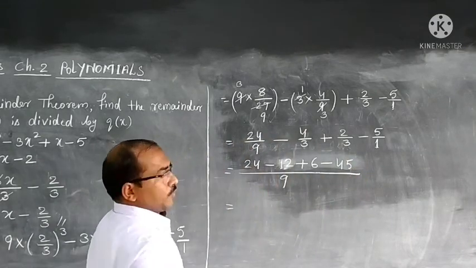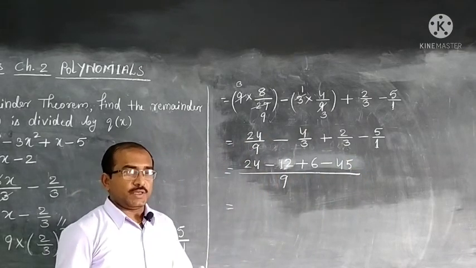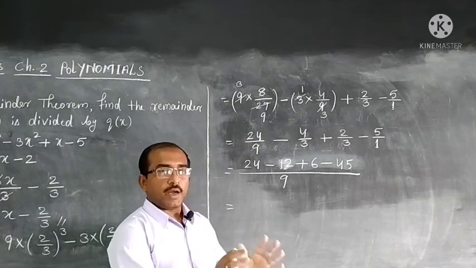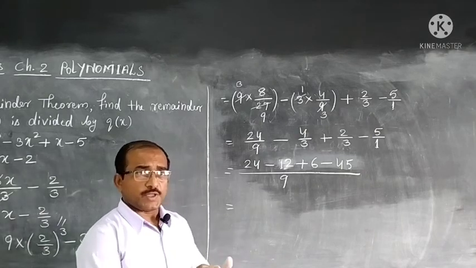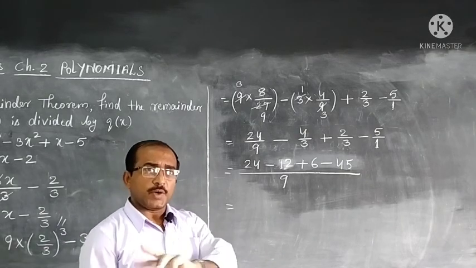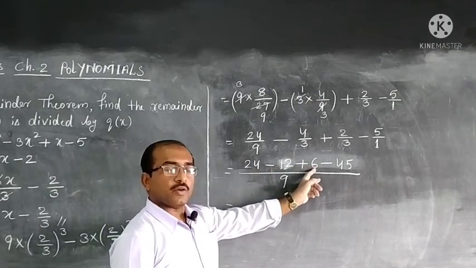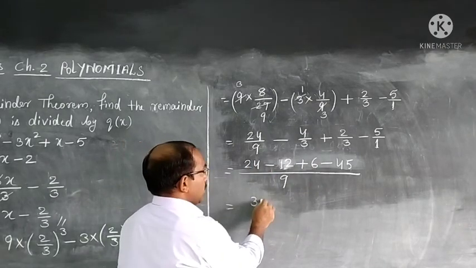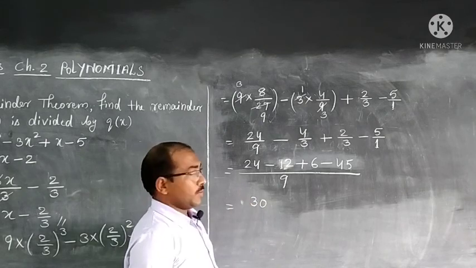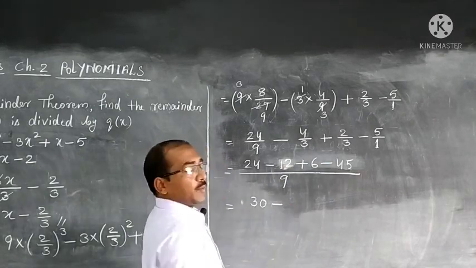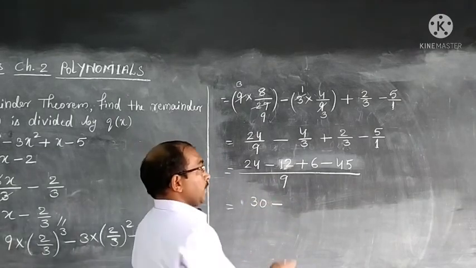At this step, when all the terms are in plus and minus, what do we see? Terms of the same sign are added, sign either minus or plus. So 24 and 6 are of the same sign, so 30, they are positive, remain positive. Negative ones, minus 12, minus 45. So sign will remain negative and we will add them.